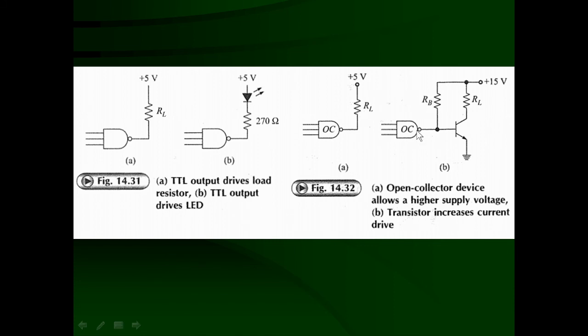Sometimes you require that the output current of this TTL circuit is a higher current. You want to drive a relay, you want to drive some speaker, etc. So in that case, higher current is required. Then you can utilize the output of this one with a transistor. So it can drive a higher current. How will it work? Here you can see that the load resistance RL is approximately 100 ohms, and this RV is approximately 1 kilo ohms.